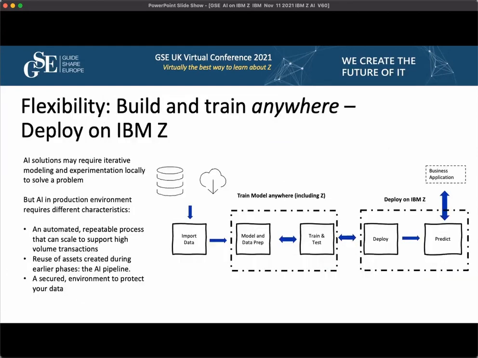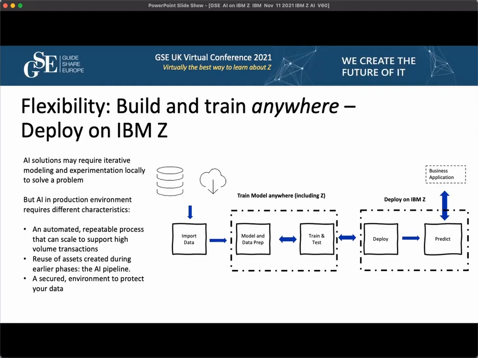Now, when we put forward this AI vision and strategy for AI and Z, flexibility was a key goal of ours. We understood and we recognize from our conversations with our clients that a lot of your organizations have already made investments, perhaps in training platforms and data lakes that might be on-prem but off of Z, or on the cloud. And we wanted to make sure that we allow our clients to leverage those investments and bring those investments along and get the most out of those investments in terms of efficiencies,